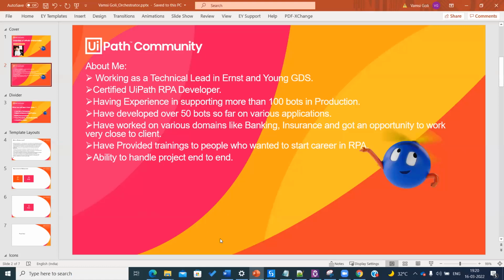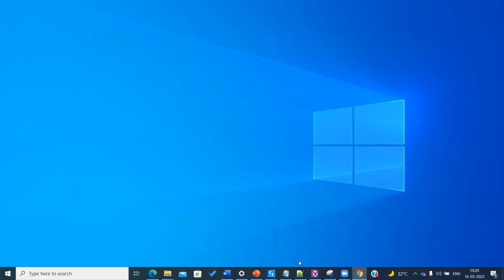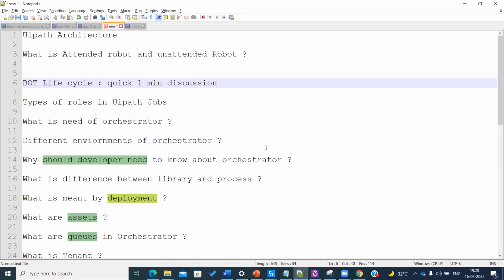I'll start today's topic because we have already crossed 20 minutes, so I'll not waste much time and will go directly into the topic. As you see, this is what you're going to learn. My main intention, as you are all giving me 1 hour of your time, is to help you understand what happens in a real-time scenario, because you would have seen a lot of videos on different YouTube channels or other sources about what you do and what development activities you do.